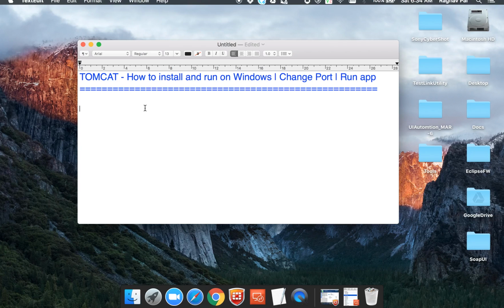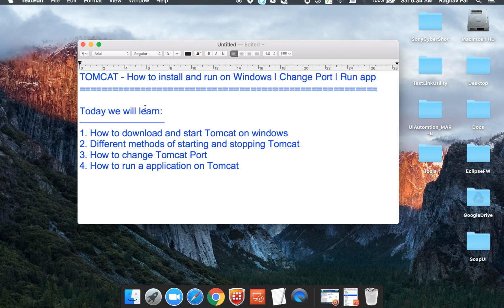So this is going to be a very beginner and basic session for Tomcat on Windows, and we are going to learn how to download and start Tomcat on Windows. We will look at some different methods of starting and shutting down Tomcat. How can we change the default Tomcat port on Windows, and how can we install and run an application on Tomcat. Okay, so this is going to be a very basic beginner tutorial for Tomcat on Windows,